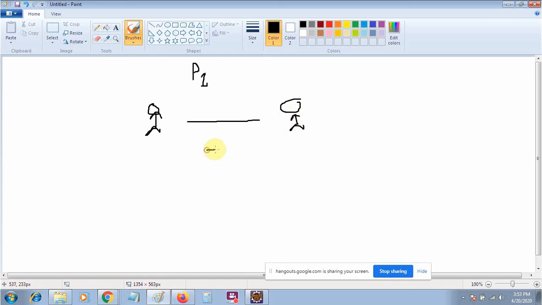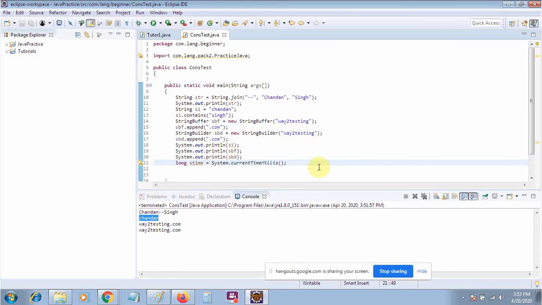Then we just subtract both times, and the remaining time will be the time taken by that process. So we will apply this funda here to find out which is more efficient, which is faster and which is slower. I have created a variable for the time as long.